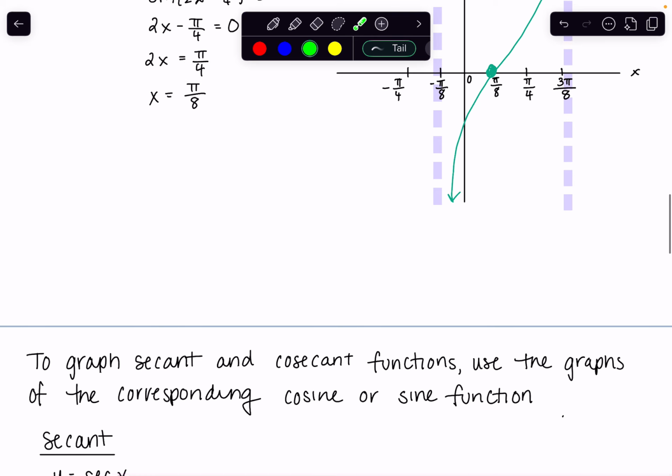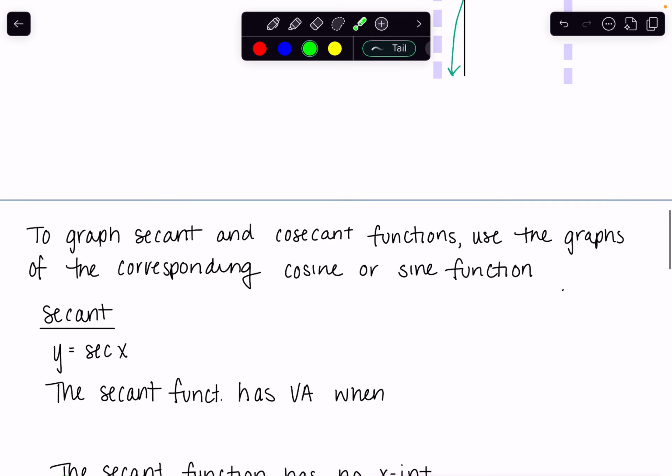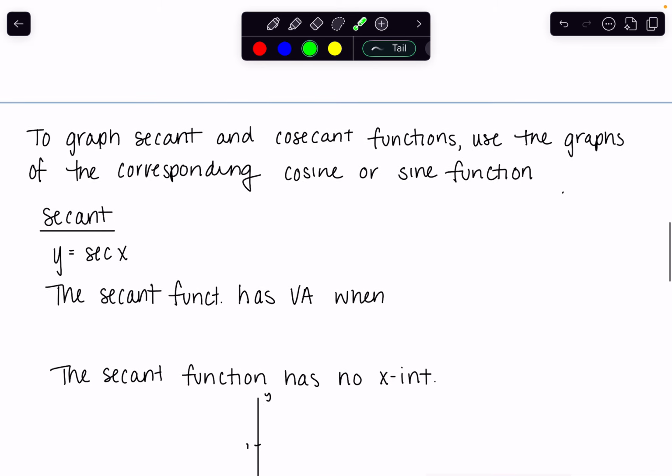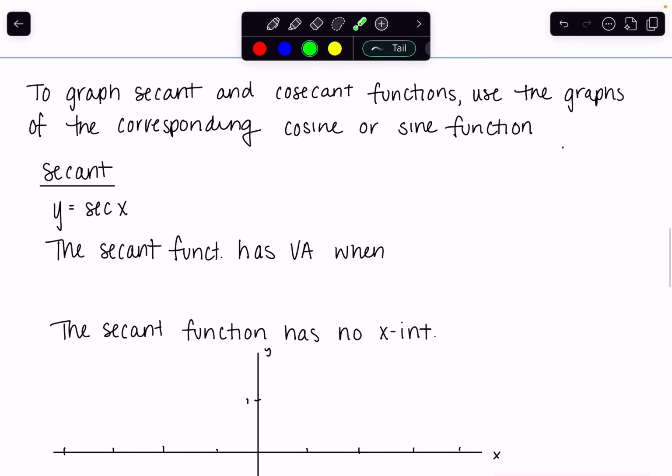We're now going to move on to the graph of secant and cosecant. But in order to do that, really, you're just going to sketch the corresponding cosine or sine function. And then you utilize that to get your graph of secant or cosecant. So in the same idea though, let's start by figuring out where these things are undefined and where they have intercepts. If you think about secant of x,